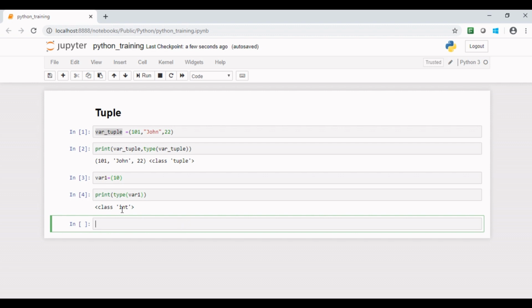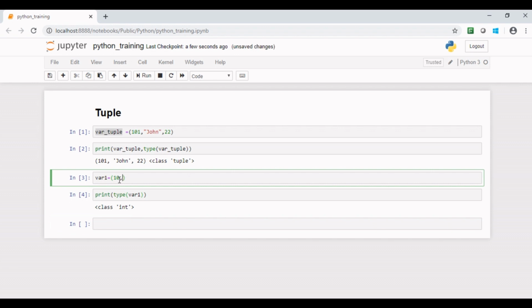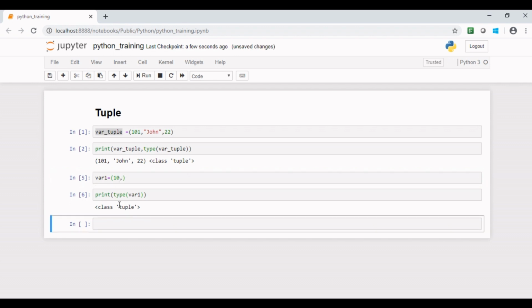See guys, it is an integer, not a tuple. But if I put a comma just after this value and rerun the code, it becomes a tuple. Hope you would have noticed the difference a comma can bring when dealing with a single item or element.